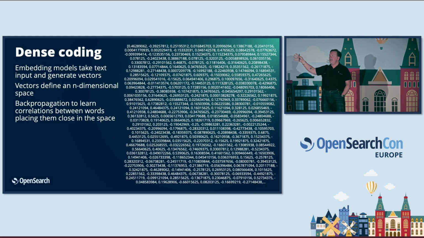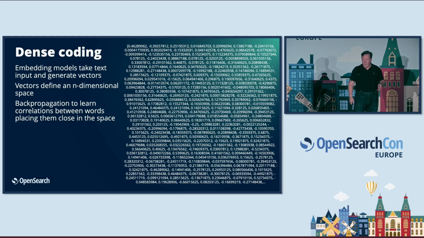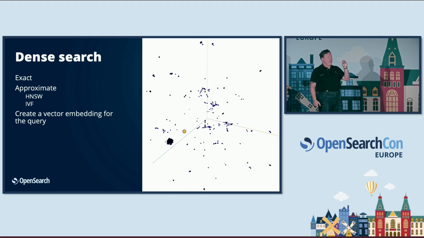So what does this look like? If you've never seen one, probably you have. This is a small portion of a 1,536 dimension vector. This codes the meaning of a piece of text, and it enables matching within a vector space. So when we talk about similarity, and when we do search, we take the query, we embed it into that same vector space, and I'm showing here a